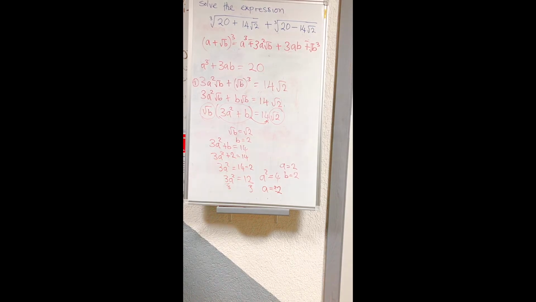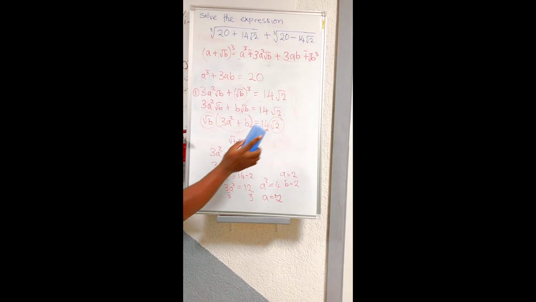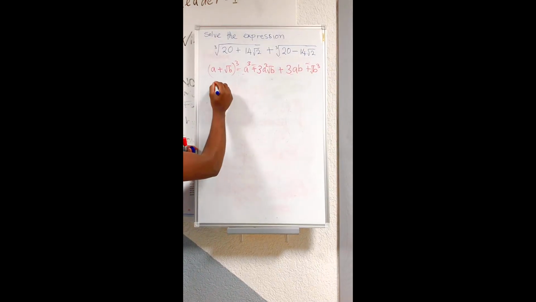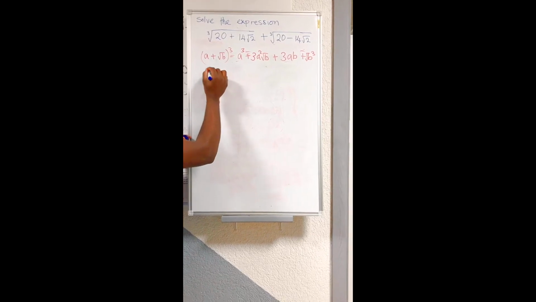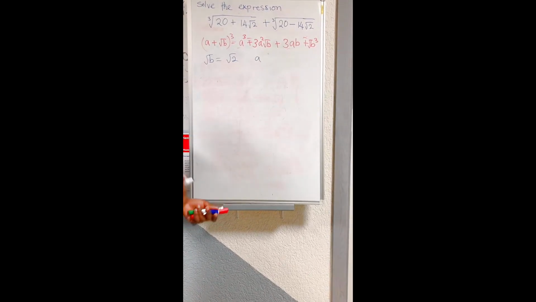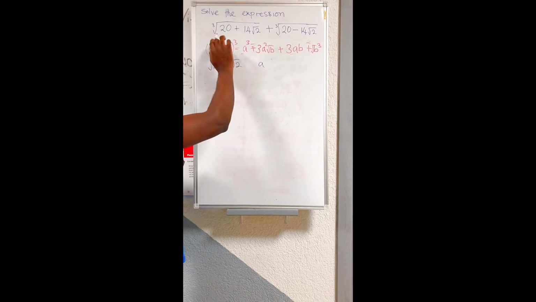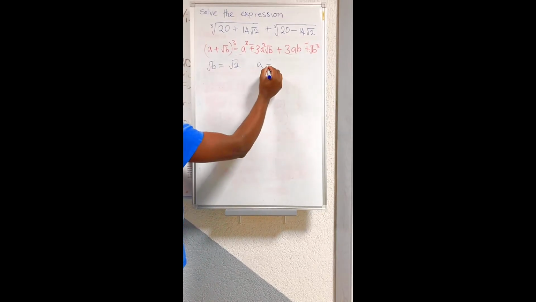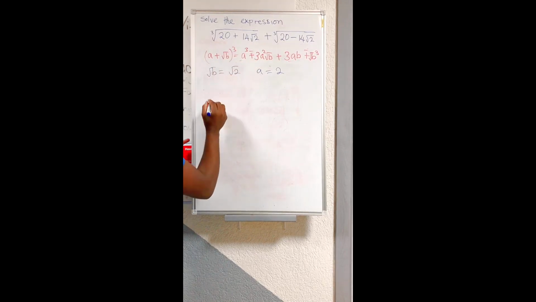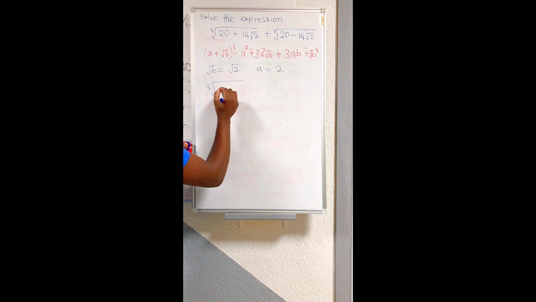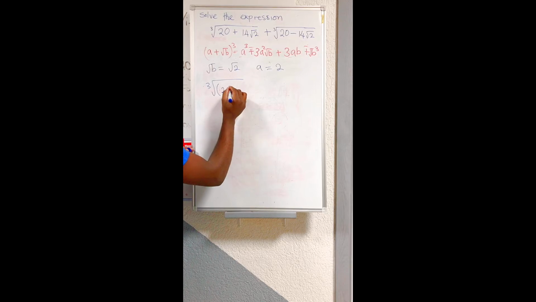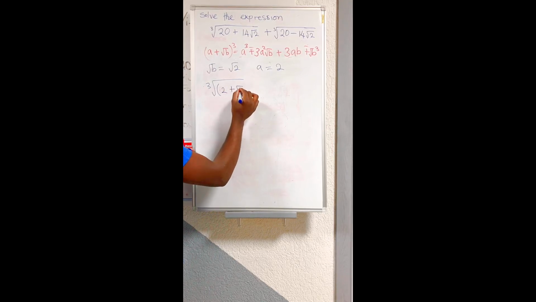So after we have found out what a and b are, we can rewrite the whole expression. After we did what we did, we found out that our root of b was the same as root of 2, and our a was either negative or positive. But looking at our value here, since it is positive, we just take the positive one. So our a was positive 2. So you rewrite this part as this. So it's a third root of 2 plus square root of 2